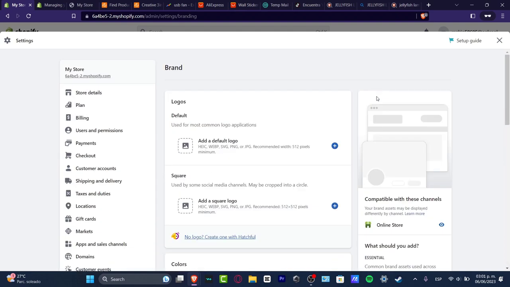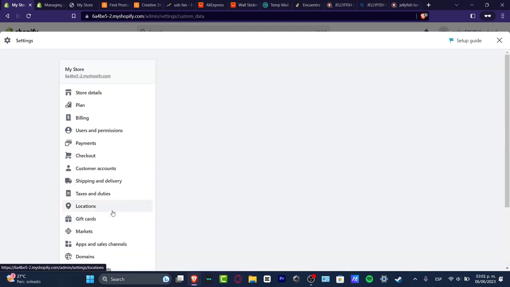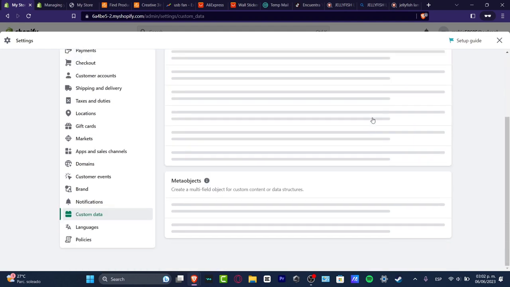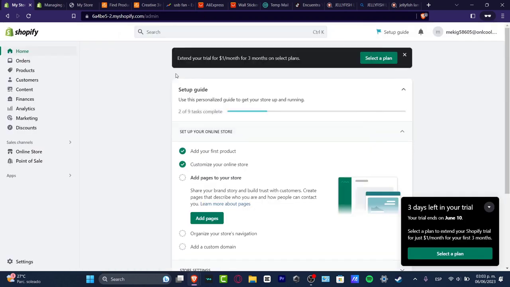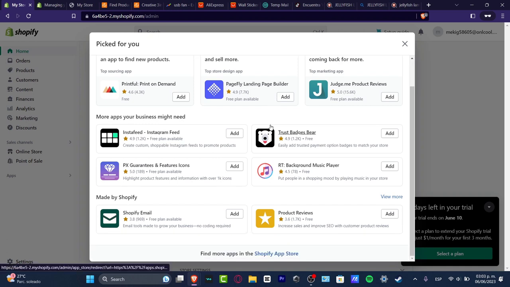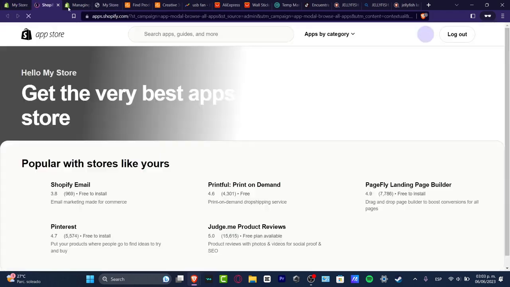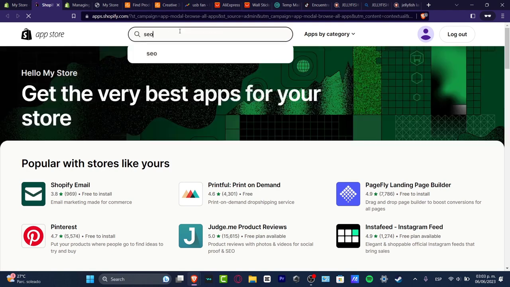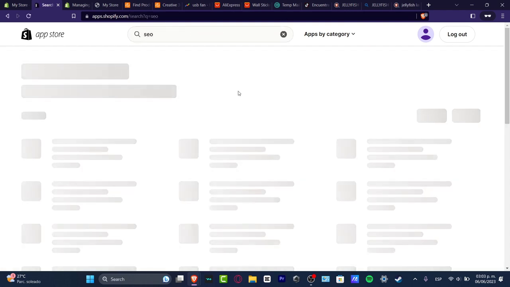not that important, but if you want, you can focus once you get into your custom data. These are a few meta fields that can be helping you to customize piece of data to a specific part of your actual store. And hit into recommended apps, for example, and here I can try to maybe look out for something else that can be helping me to optimize my store, which in my case I'm going to open a new tab. You can go for SEO, hit into enter, and now we have a lot of categories, but